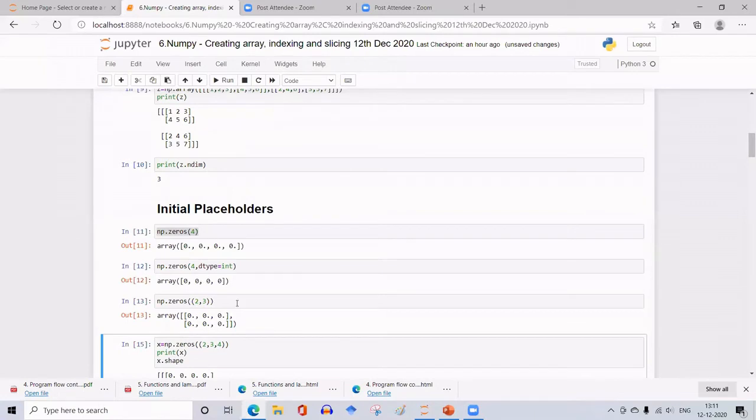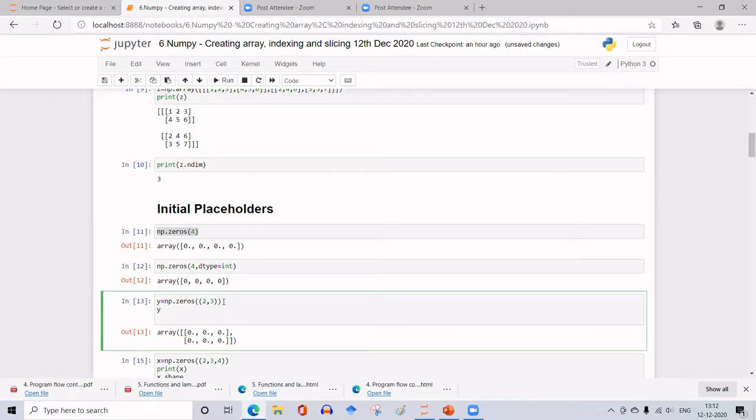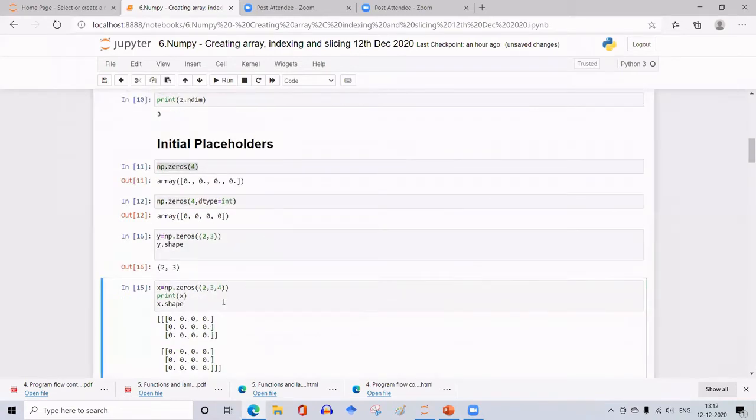Say for example, suppose I print here, what is the shape of this? For that I have to identify it by means of some name. y is equal to np.zeros 2 by 3. Then y dot shape. So what is the shape of this? It is 2 rows and 3 columns.